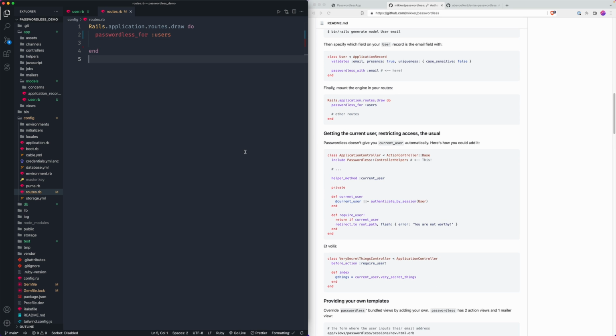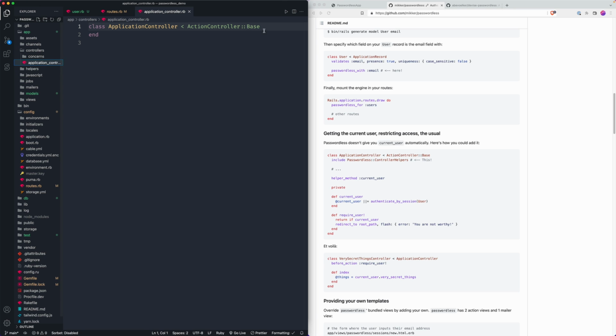And then additionally, if you want the current_user construct that you're probably used to with Devise, we can add that to our application controller layer. So we'll include a module, Passwordless::ControllerHelpers. This comes from the gem. It gives us access to a method below, which will be this helper method we're creating. You can just say current_user, and we'll set it private, so these are only accessible internally. So def current_user,